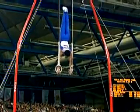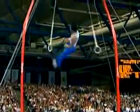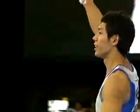This is not the best event for Mizutori. No, he's kind of just grinding it out. Oh, I like that combination. Don't see that too often. Scored a 14.975